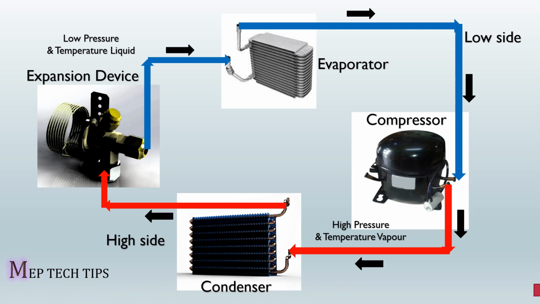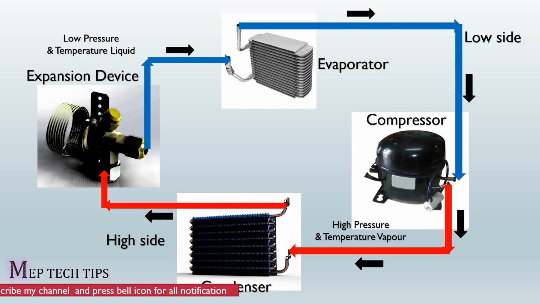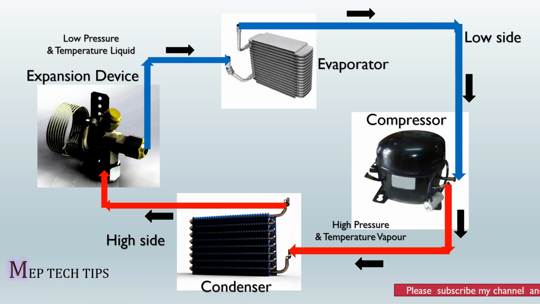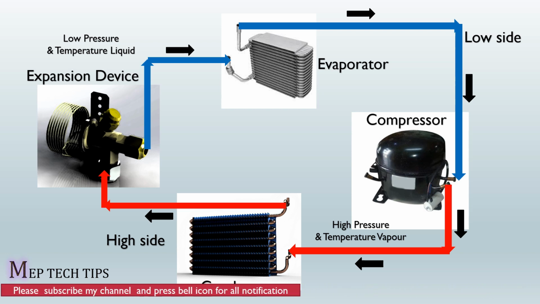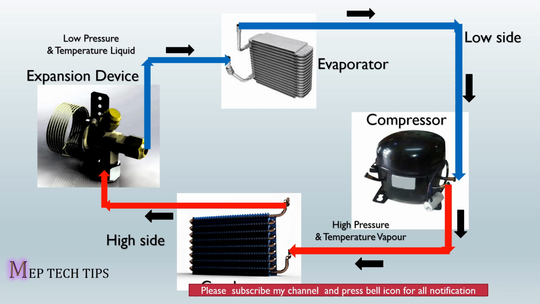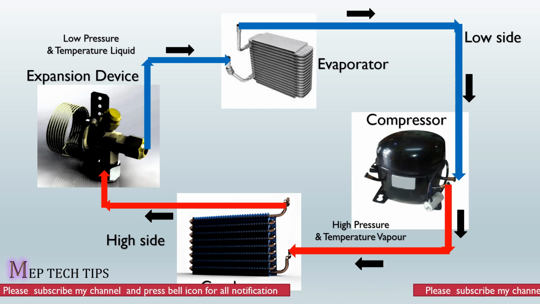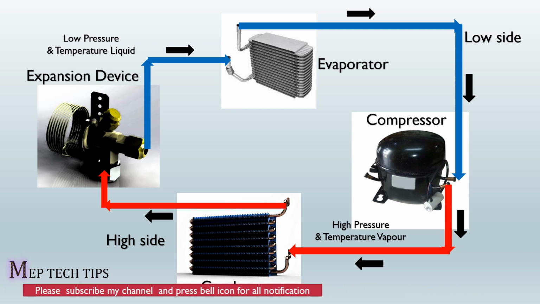So from 20 mm diameter to 3 mm, the high pressure, high temperature refrigerant enters, and what will happen after passing this narrow tube? It will expand again. When it expands again, the volume increases. When the volume increases, the expansion process takes place. What happens? The volume increases, and the pressure drops. The pressure is directly proportional to temperature, so the temperature also drops at the outlet of the expansion device.